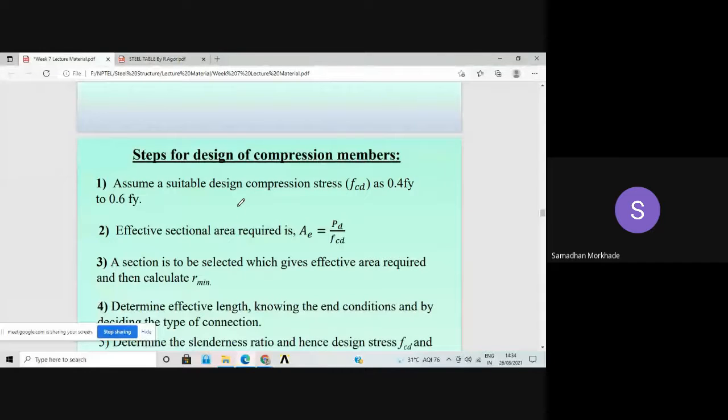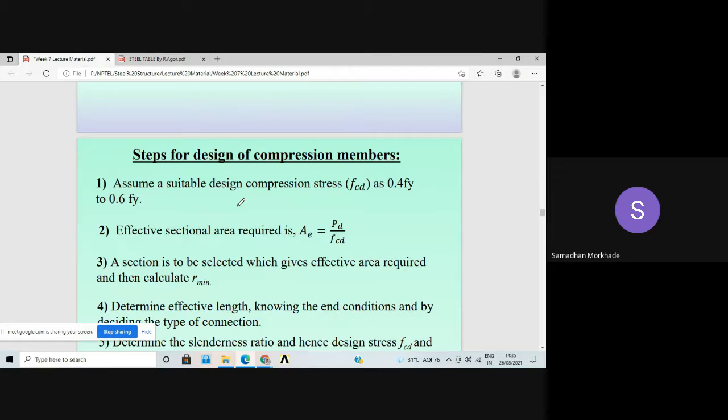Okay, in analysis problems we have discussed that calculating FCD is a very lengthy procedure. There are two ways to calculate FCD. Either we use the formulae given in the IS code, or we use the tables given in the IS code. There are four tables for four buckling classes, Table number 9 A B C D. But the tables are applicable for concentric loading, not for eccentric loading. If you are using single angle sections, then you have to use the equivalent slenderness ratio formula, put it in your regular equations, and then calculate the FCD and PD.